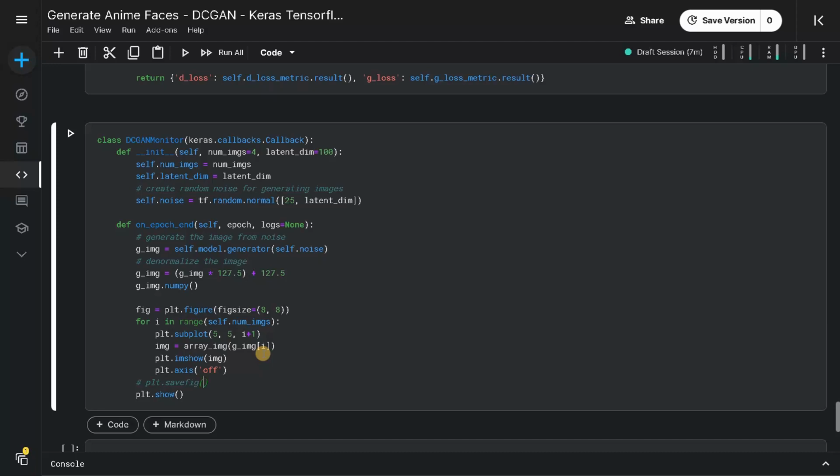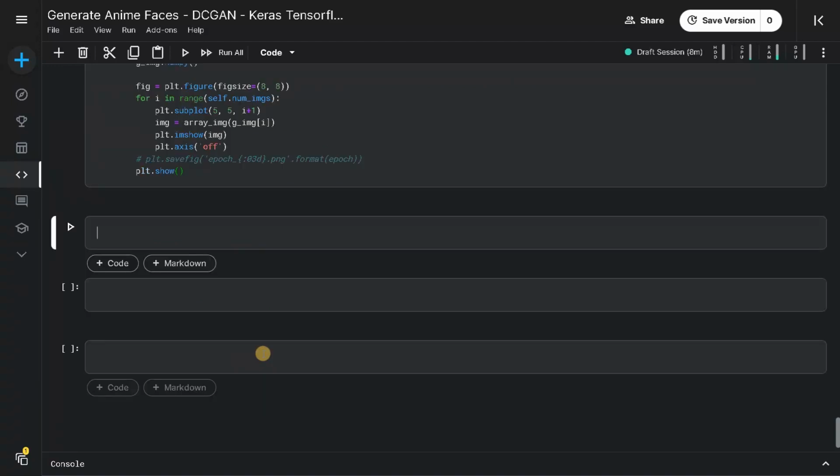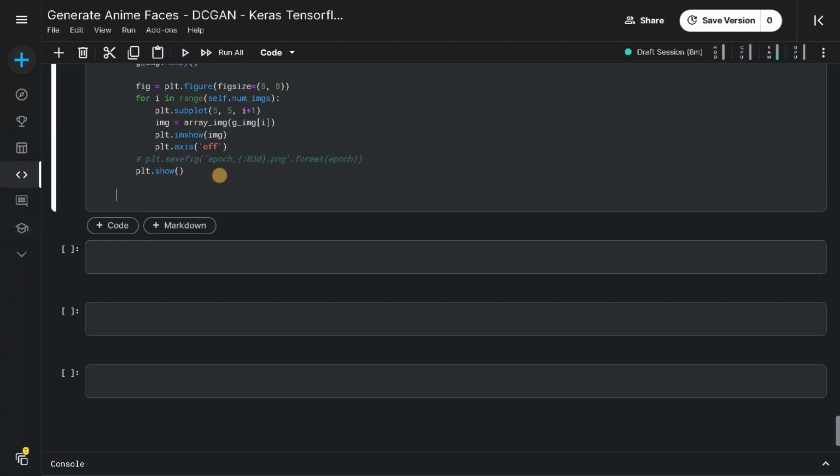So save fig equals epoch underscore, colon 03d dot png, dot format of epoch. So this will save the image based on the epoch number, and that's pretty much it. One last function is pending,